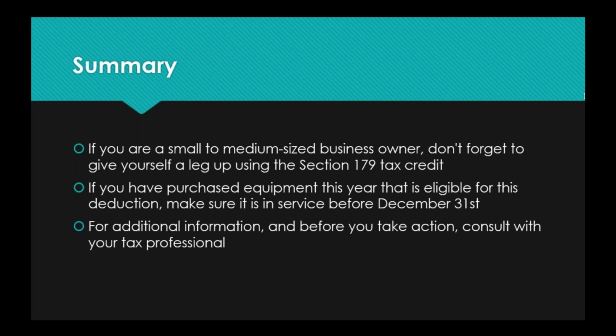Like I said, we've got about a month. Don't think that it's too late. It's definitely not too late. We are more than happy to help you out. And one last time, for additional information and before you take action, consult with your tax professional. They're the ones who live and die, eat and breathe tax code, and they are going to probably have even more information on this than I have for you today,